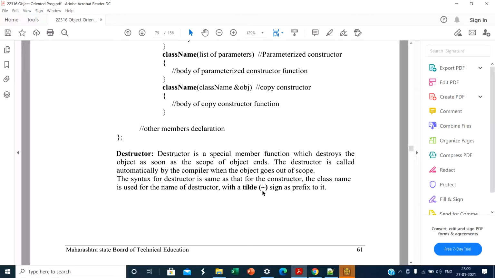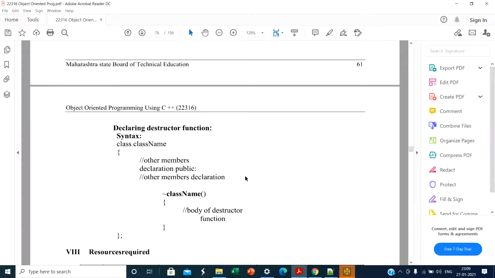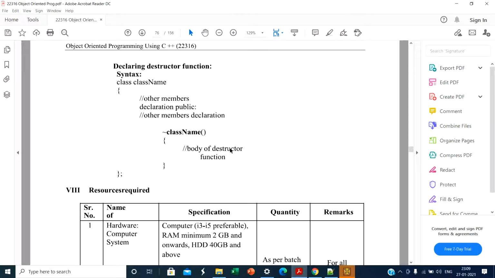A constructor is used to create the object, and a destructor is the opposite, used to destroy the object created by the constructor. The only difference is that the destructor has the tilde operator.